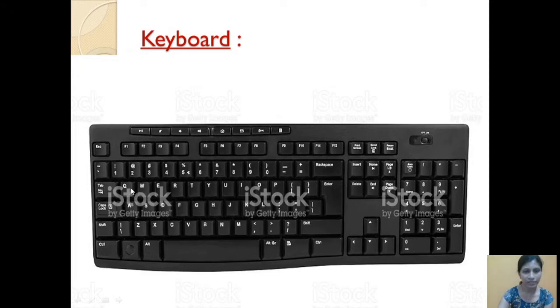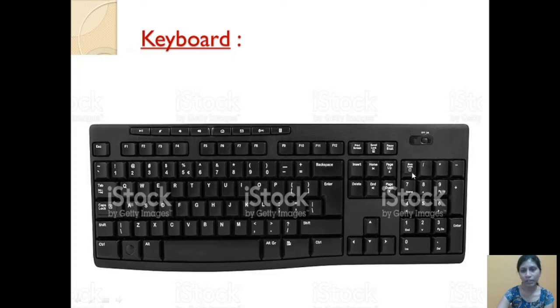Then here are numbers. These are letters, A, B, C, D. Then this is comma. This is less than mark. This is greater than. These are all keys. Then this is the up arrow key, down arrow key, left key, right key. Then this is the print screen key. Then insert. This is the insert key. If you want to delete anything, this is the delete key. Then this is page up. If you want to scroll the page up, use this page up key.